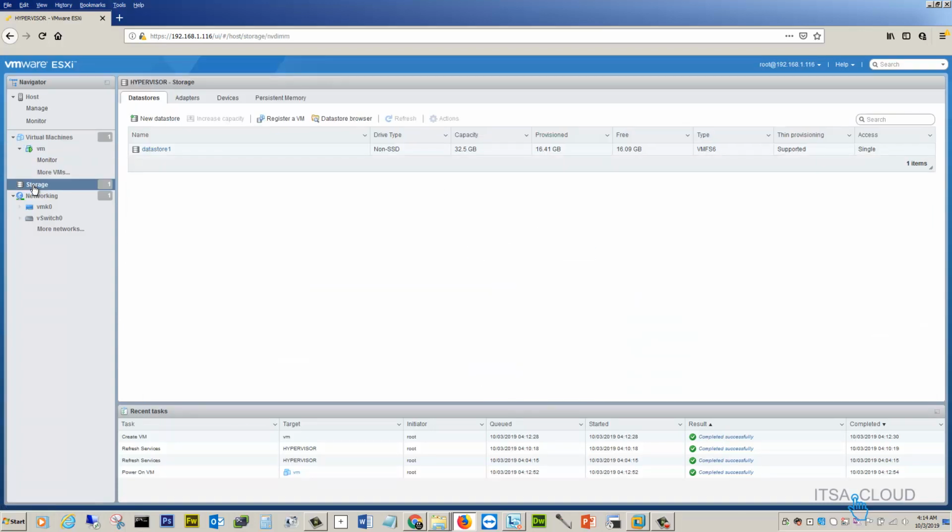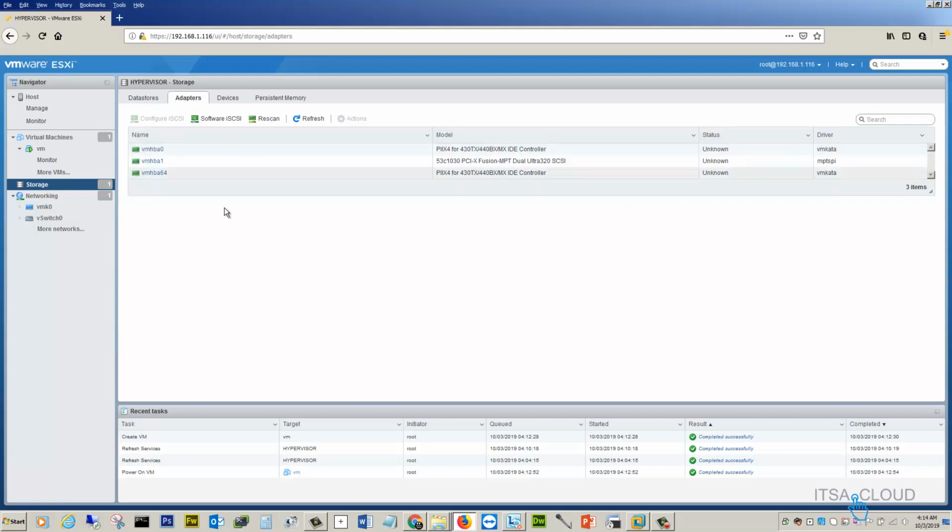It's gonna be storage. As you can see, we have one storage with free space. We got only 16 gigabytes. Oh my god. All right, so adapters, we have those adapters right in here, the IDE controller, SCSI, and another IDE controller. So you always got the options to install a software iSCSI for data store. This is pretty much for external storage and load balancing. All right, but this is something pretty much more advanced.